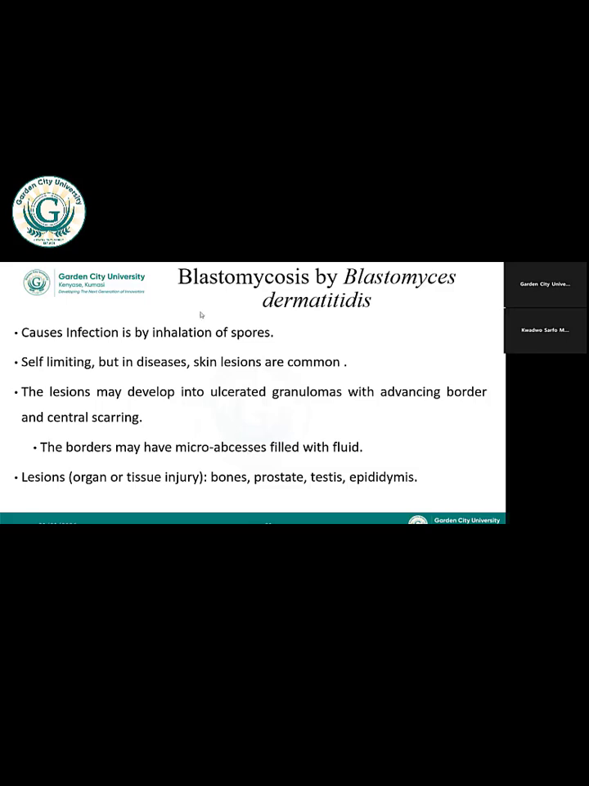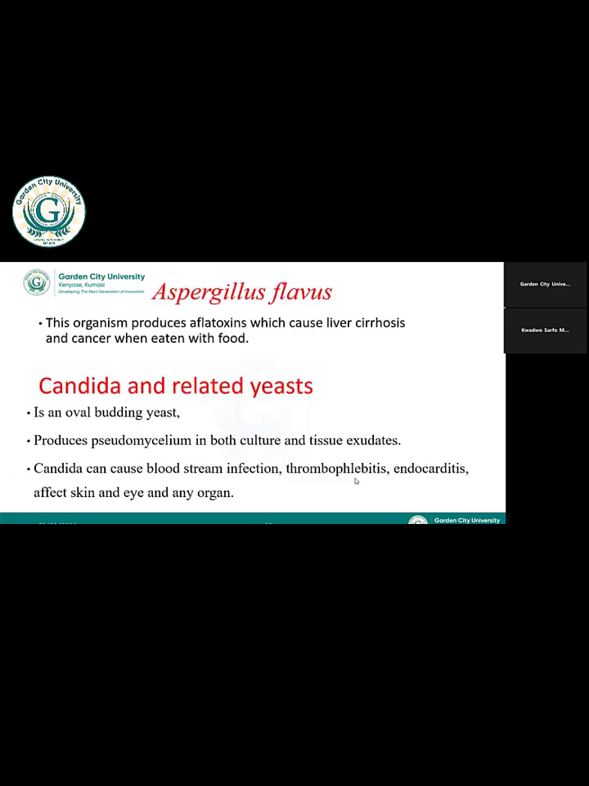And these can damage the tissues and impair their functions. So the bones, the teeth, the testes, epididymis may be affected. Other examples of infections, so aflatoxin is a chemical or compound that is produced, mostly you see them in